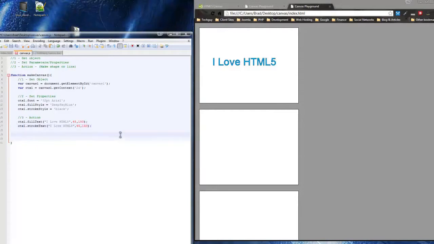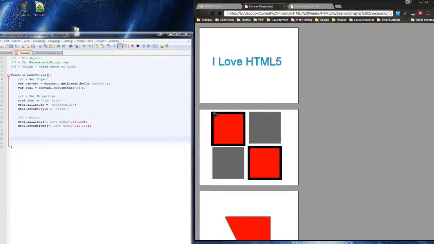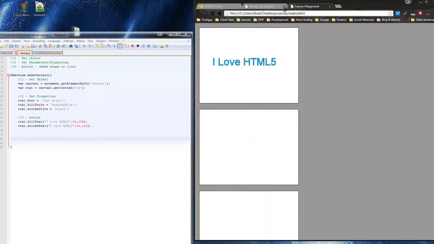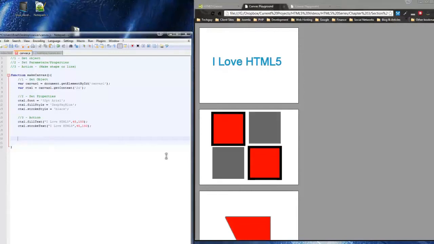And this one is going to be 2 of them red with borders, and then 2 gray ones without borders. And I like to keep it there. I like to look at it while I'm writing the code. Just makes it a little easier. So I'll just put a comment here saying canvas 2 squares, and I'll clean this up before I actually put it in your program files,